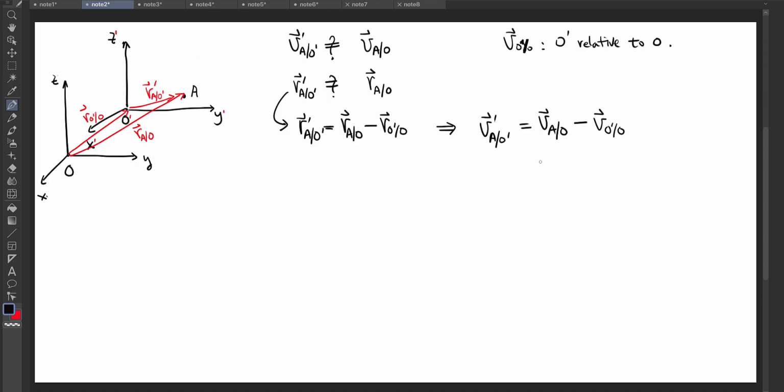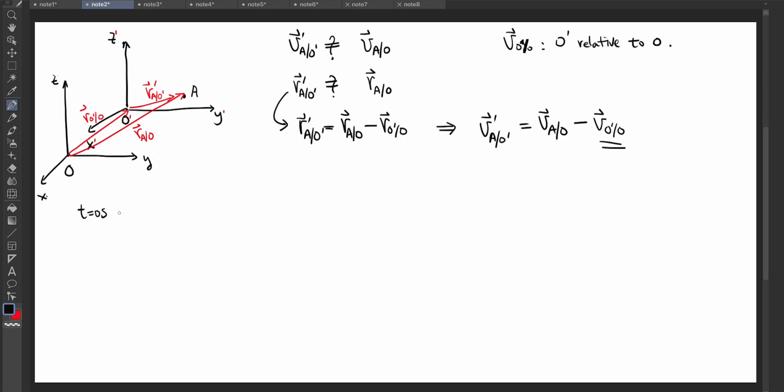So that's the relation we're looking for. We also have some other relations that we can talk about. For example, this coordinate system relation, the vector relation for the position vector, can also be related to the velocity here. Okay, so now let's say when O and O prime coincide, that instant is called